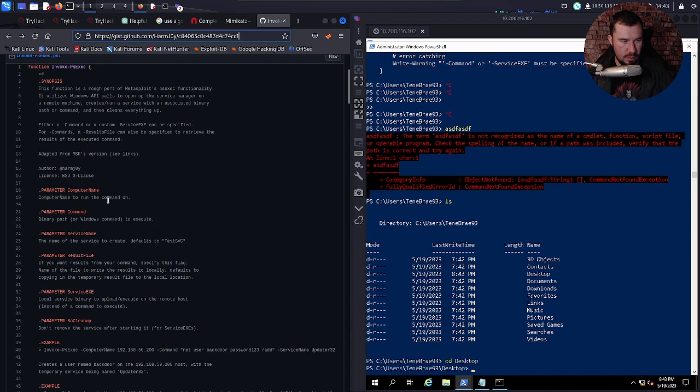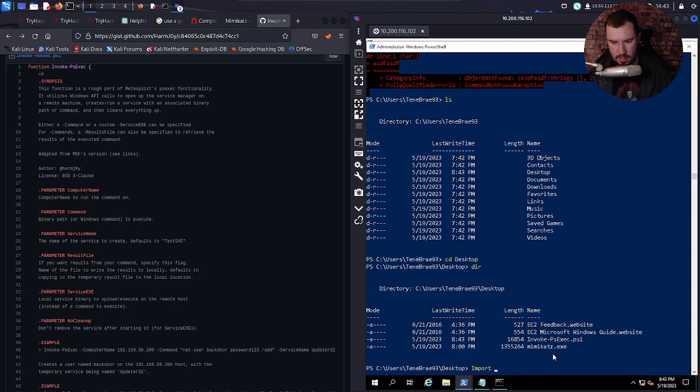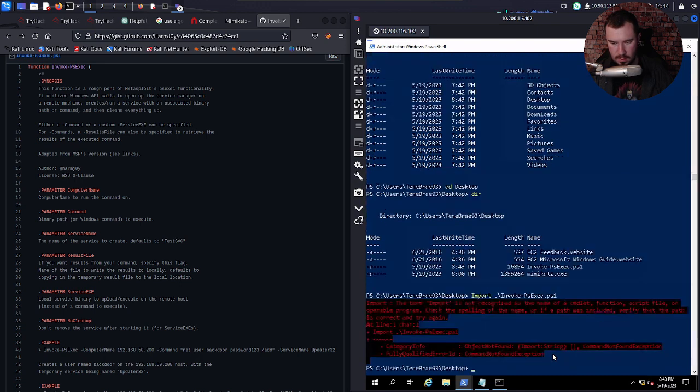Pure name to run the command on. How do I import? I just run it.